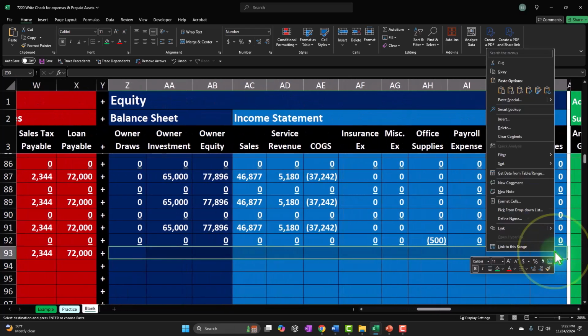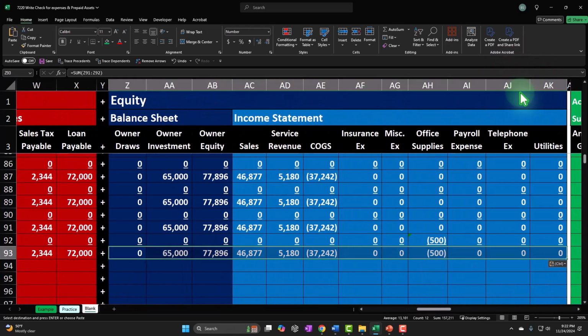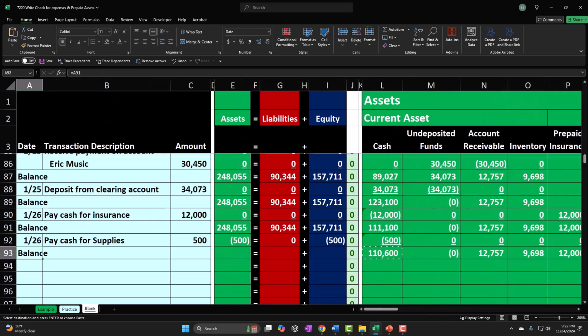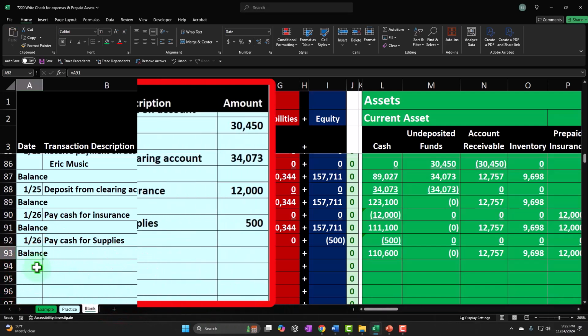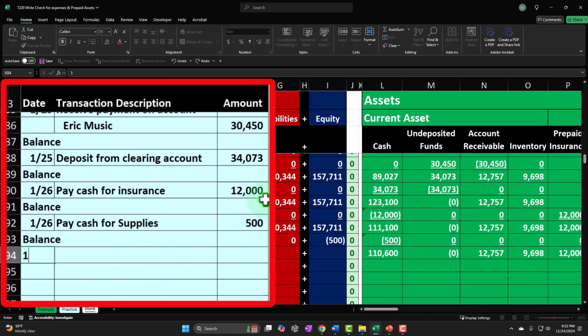And there we go, pasting just the formulae. All right, next one. Next common payment that happens monthly, we're just going to call it utilities. It might be the electric bill. It might be the trash bill and so on. But I'm just going to call it generically pay cash for utilities. Now, notice utilities,